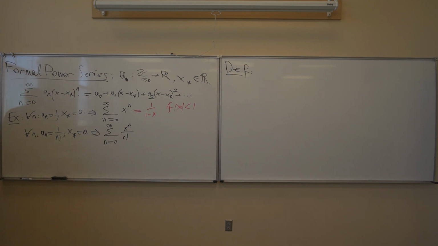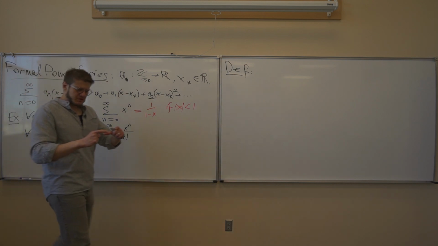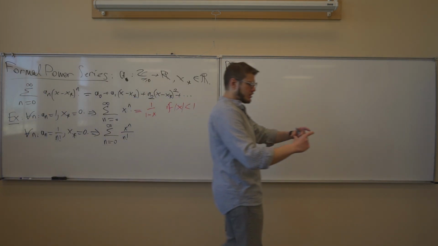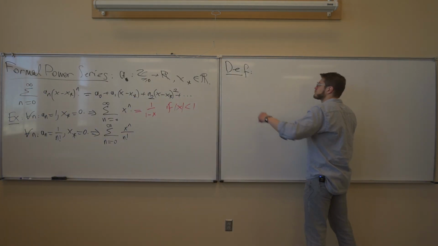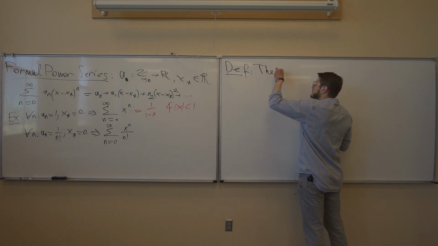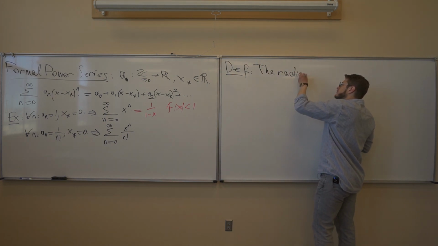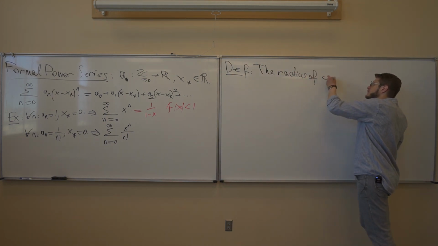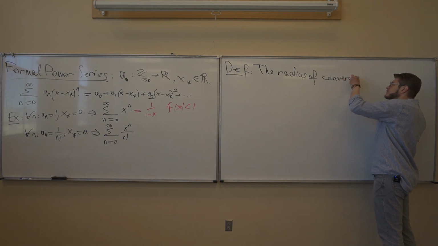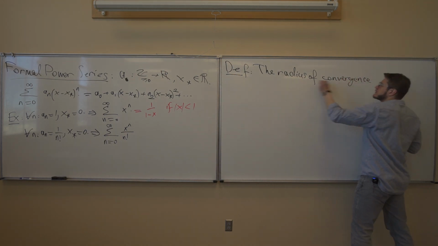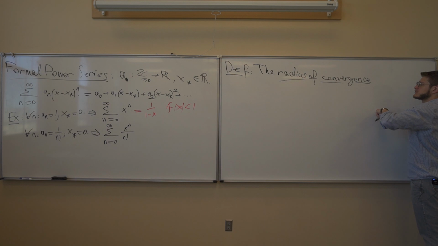And that's why people call it the radius, because they want to think of sort of the ball on which the series converges. So the radius of convergence of the formal power series